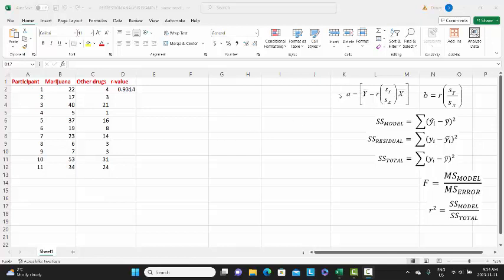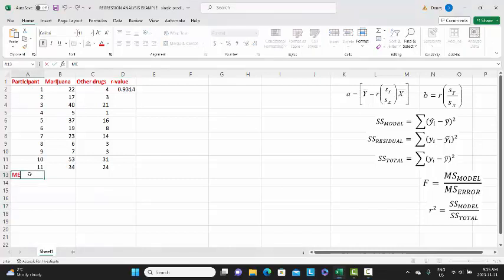If we take a look at the equation to calculate the two regression coefficients for a and for b, for the y-intercept and the slope of the relationship between the two variables, we see that we require the average values for the y variable, the x variable, the standard deviations of each, and the r statistic, the correlation coefficient. And for the slope we need the correlation coefficient and the standard deviations of the two variables. So we'll come back to these two equations, and the first thing we're going to do is